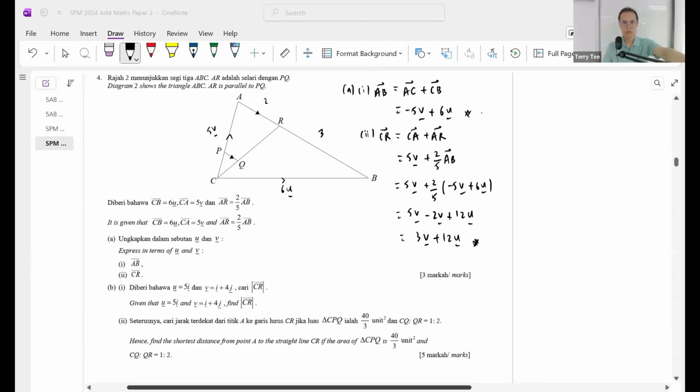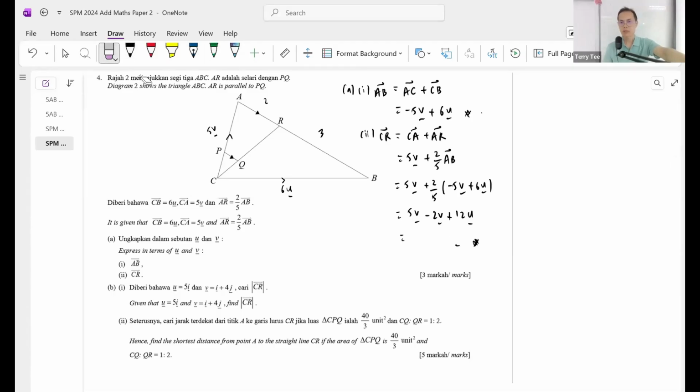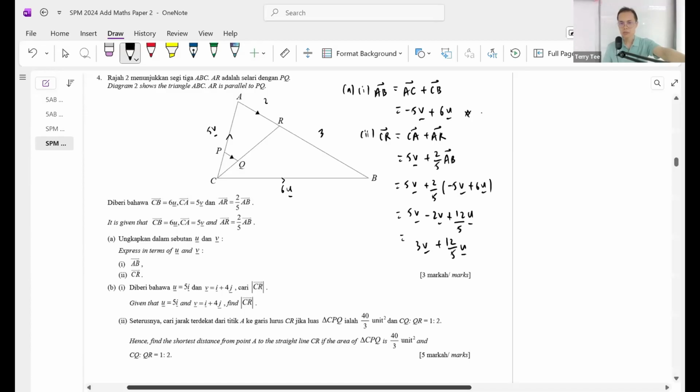Okay, something is wrong with my working. I think I made a mistake. This is 6, right? This is not 12. It's 12 over 5. Yeah, sorry. 12 over 5. There is a 5 that I missed out. Okay. 12 over 5u. So this will be 3v plus 12 over 5u. Okay. Right. We got our vector